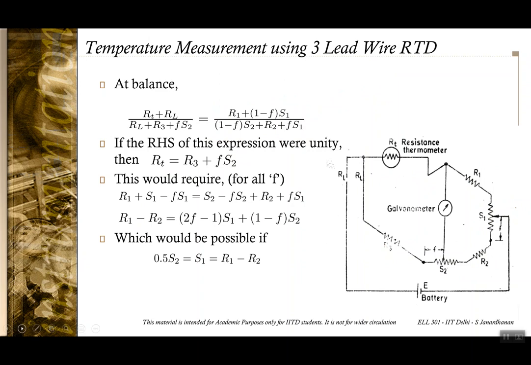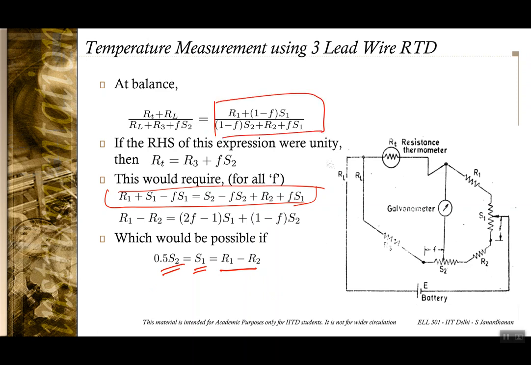Okay. So for all f, you should have this equation to be satisfied, which, when simplified, turns out to be that the choice with S1 being equal to R1 minus R2 and R1 minus R2 being half of S2. Okay, so with this choice of S1, S2, R1 and R2, you can make the right hand side equivalent to unity, and which would mean that by merely measuring F,